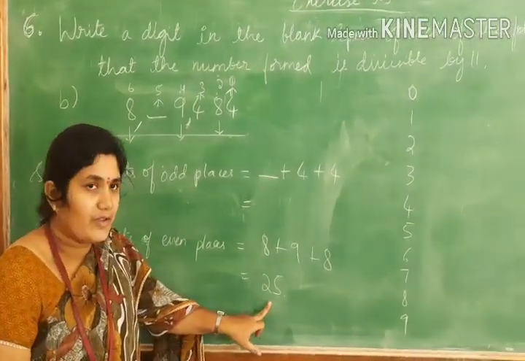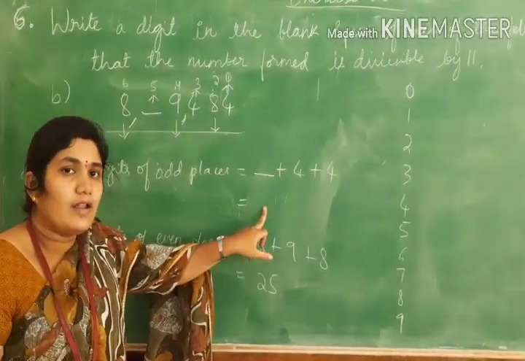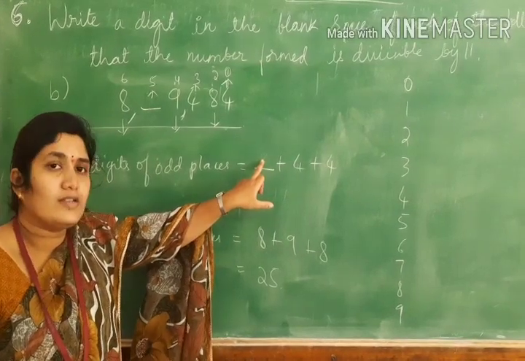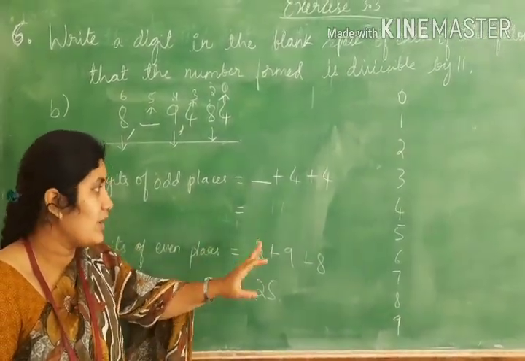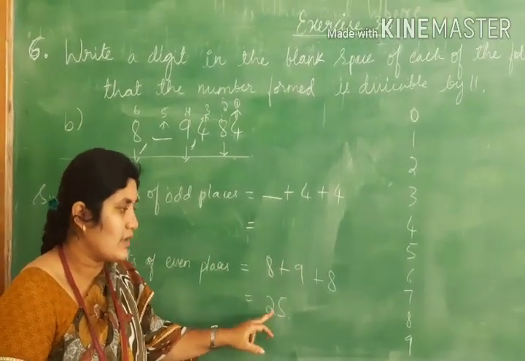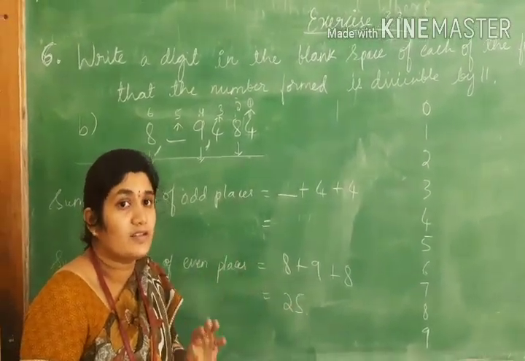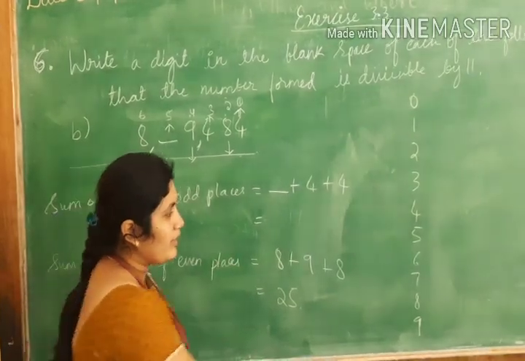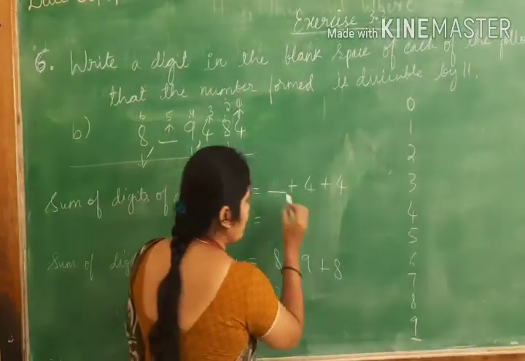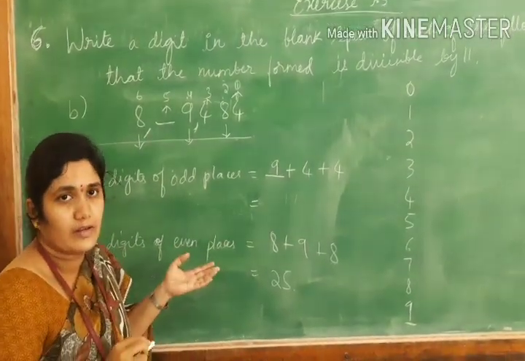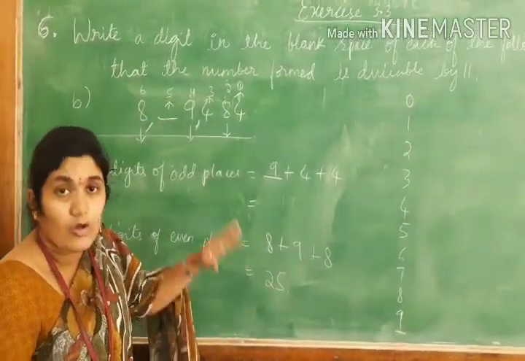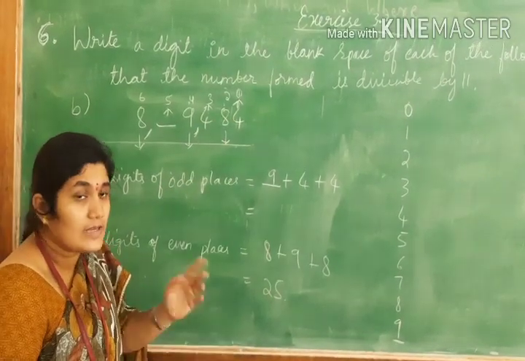But here you have 25 and here you should get a number. That means here you should put a single digit number which should give a sum such that the difference, if you take it out, should be either 0 or 11. Now let me take the highest digit, that is 9. We should choose a single digit number here. We cannot go for more than 9. We should take 9 or less than 9 because these are all single digit numbers.